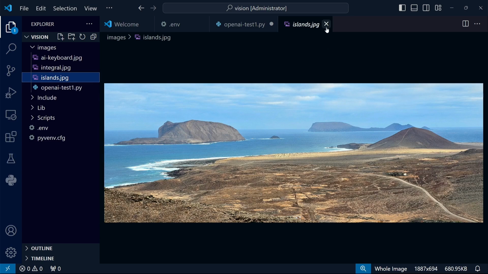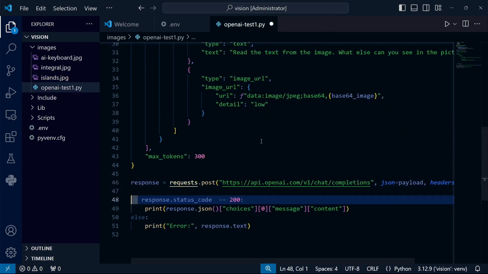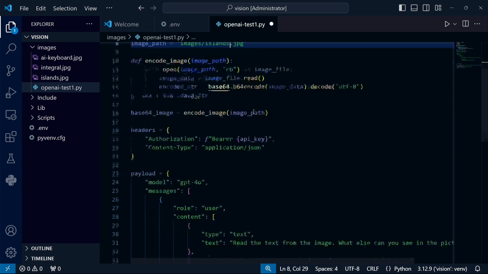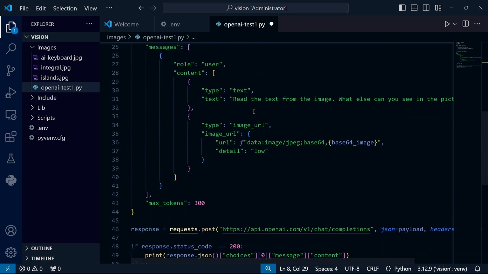Let's modify the program so that it recognizes these islands. Definitely, the file name needs to be changed, as well as the prompt. It's also worth mentioning that the photo file doesn't include any EXIF data, so location info isn't encoded in it. This isn't a big deal since the API doesn't use EXIF data and only transmits the image itself, but I removed it just to be sure.